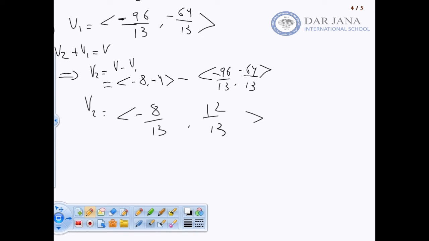Okay, I know that V1 and W are parallel, while V2 and W are orthogonal. So this is V1 and V2. Going to number